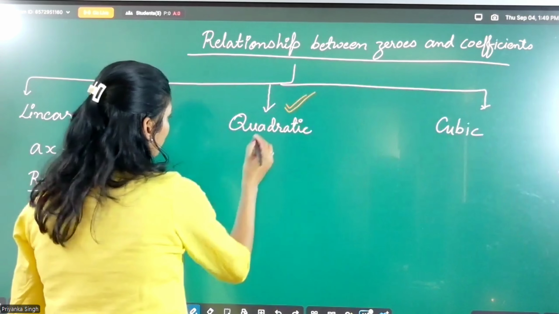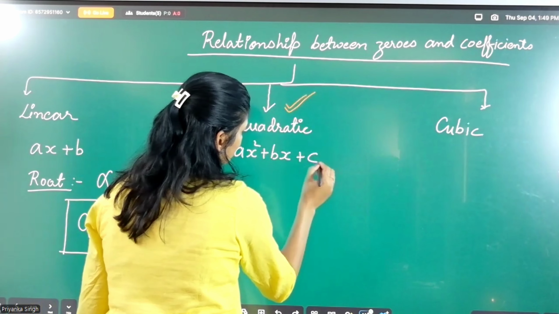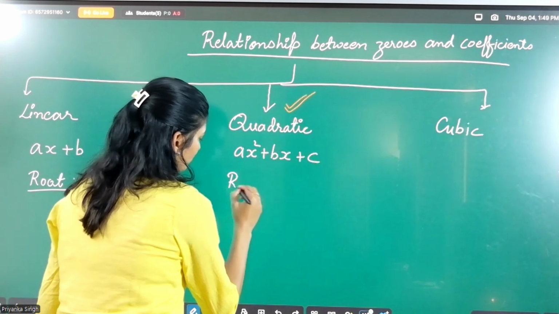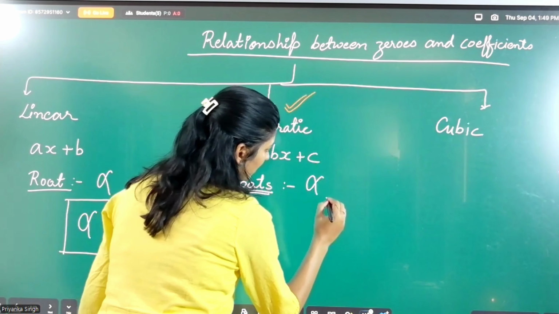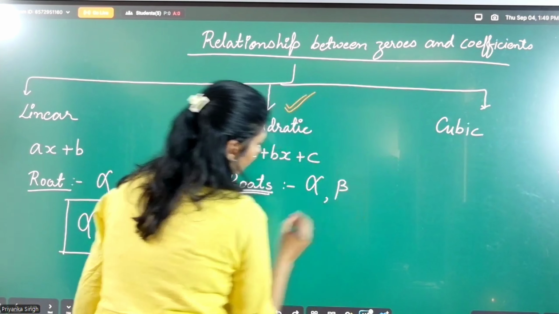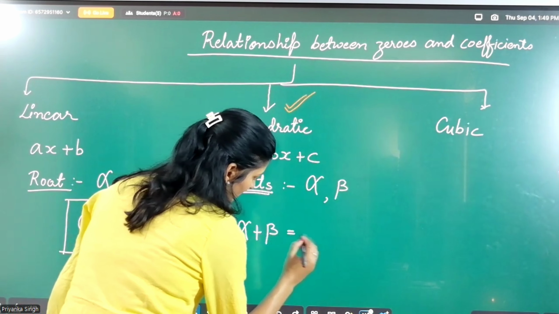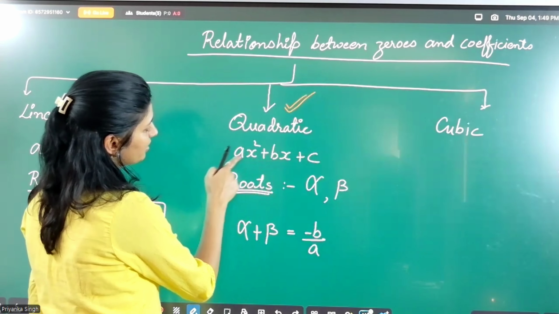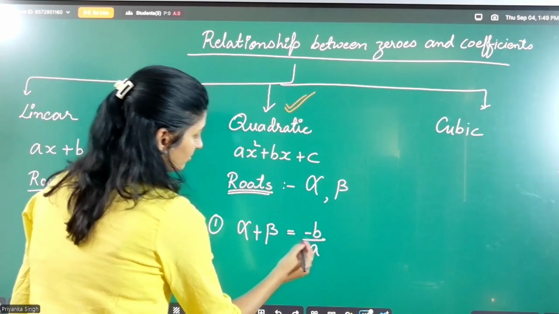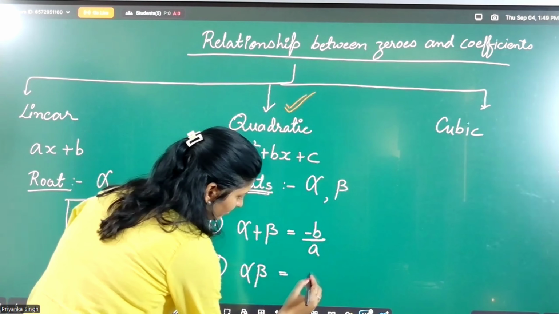Now, the standard form for a quadratic polynomial is ax square plus bx plus c, right? Now, since the degree is 2, two roots will be possible. Suppose the two roots are alpha and beta, then how are alpha and beta related to the coefficients? So here we have two relationships. First is alpha plus beta will be equal to minus b by a. Here b is the coefficient of x and a is the coefficient of x square. So alpha plus beta will be equal to minus b by a, and alpha into beta will be equal to